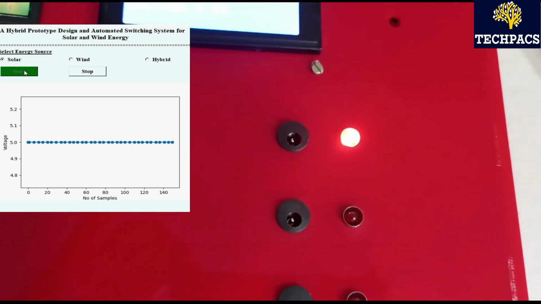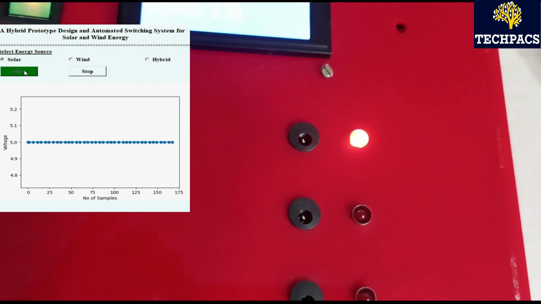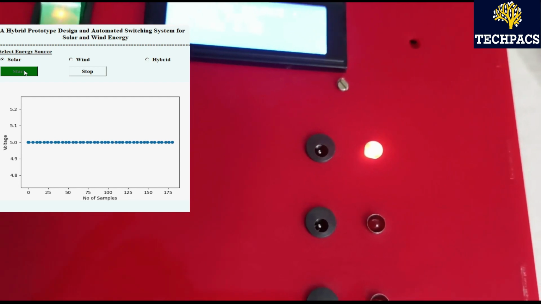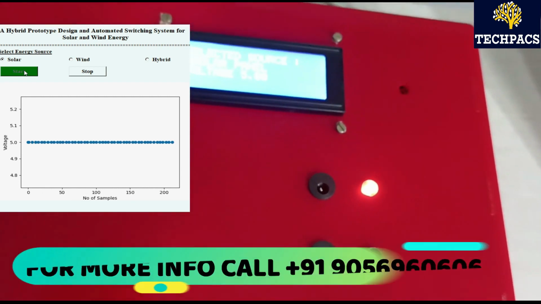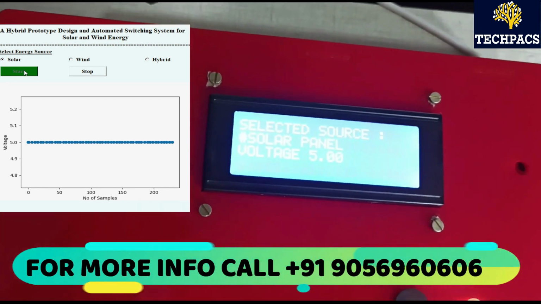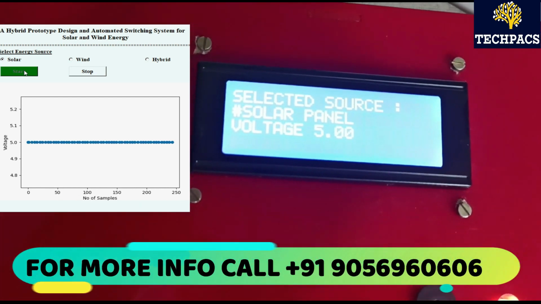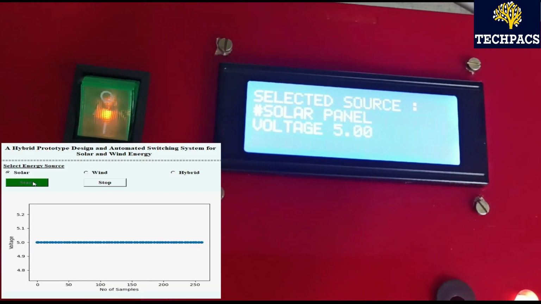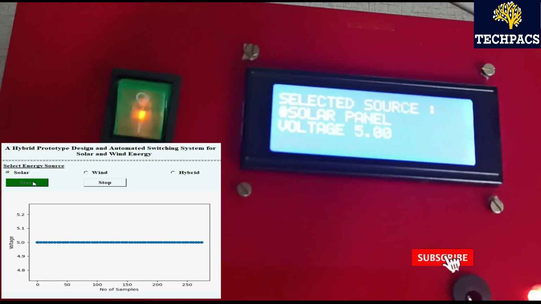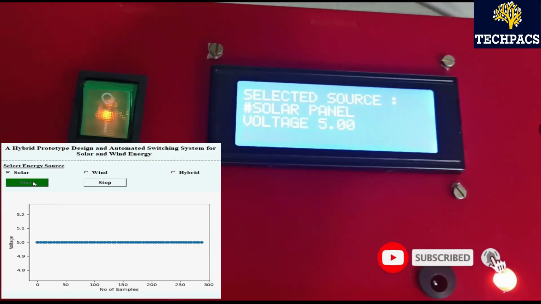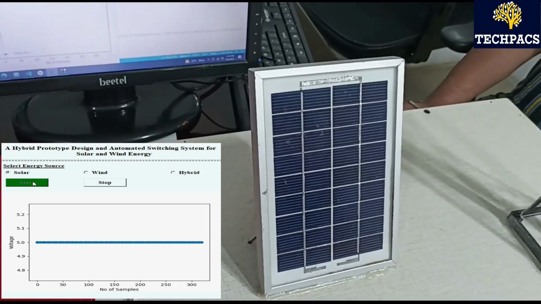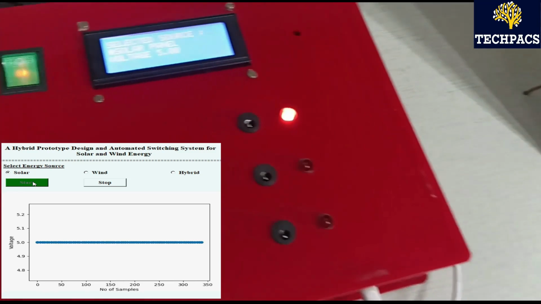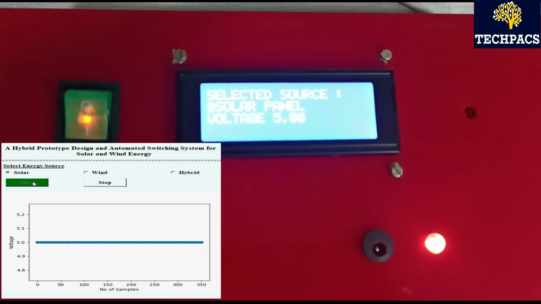This is the output of the solar panel, and you can see on the screen as well what is being represented on our PC. This is the level of voltage. So currently a constant voltage is being represented on the graph, and even on the LCD you can see the voltage output.